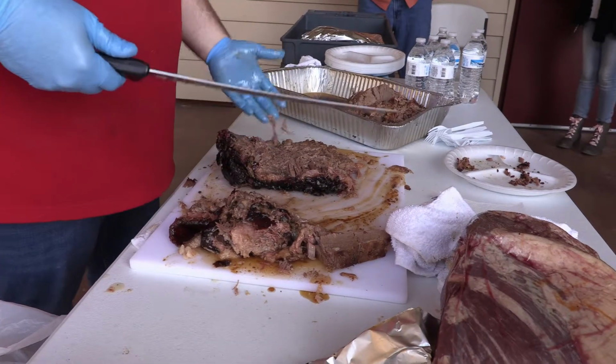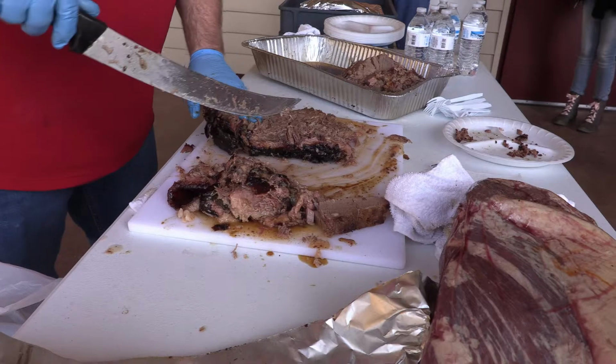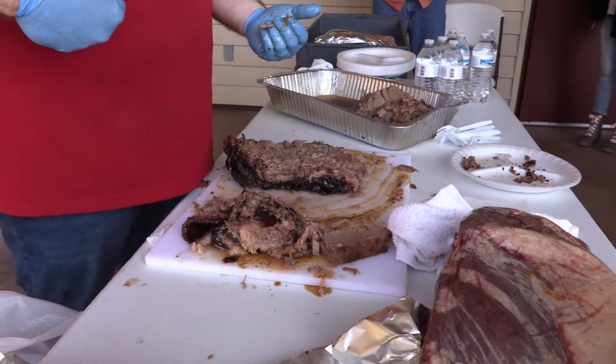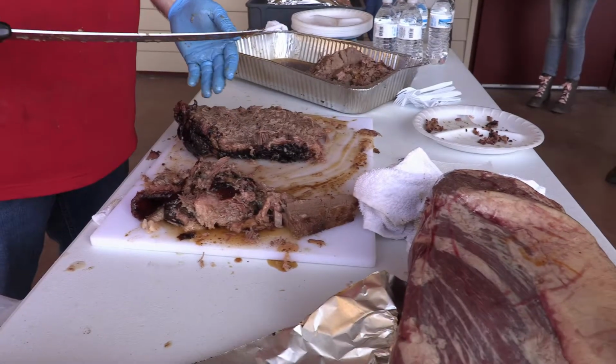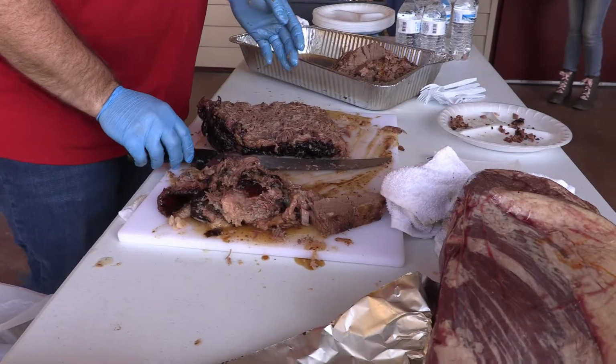We're going to identify our grain like we did a while ago, and it's obvious that our grain's running like this. I say that all the time. I've done this for a long time. My kitchen ladies are like, I don't see no grain. But you know, when you're cutting a brisket,